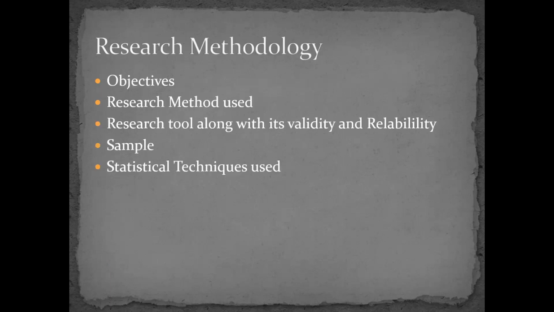Then research methodology, you have to write the objectives. Objectives, you start with 'to'. And you can write to study the effectiveness of a new method, to study the relationship between these variables, like that. Objectives should be 1 or 2, short, crisp. What is your objective of the study?